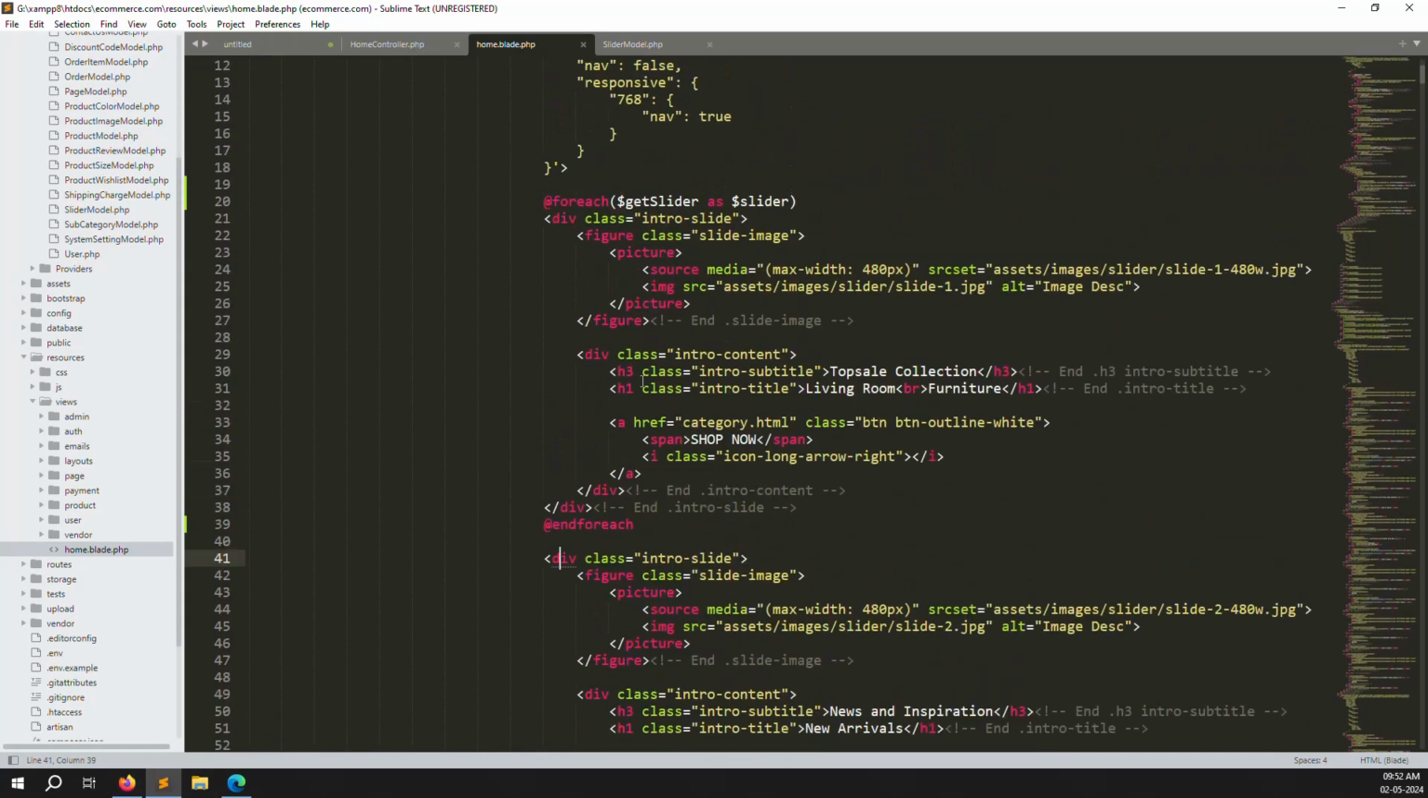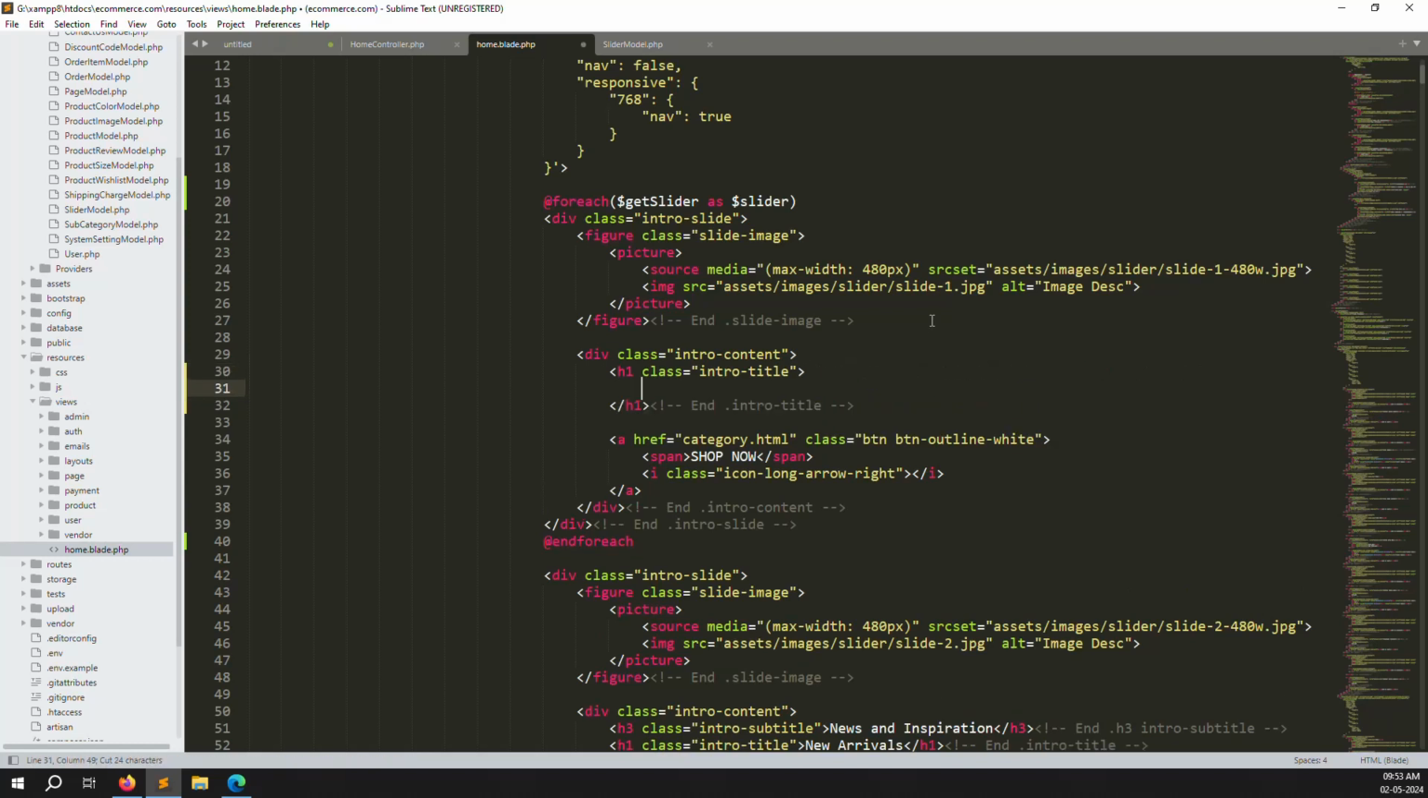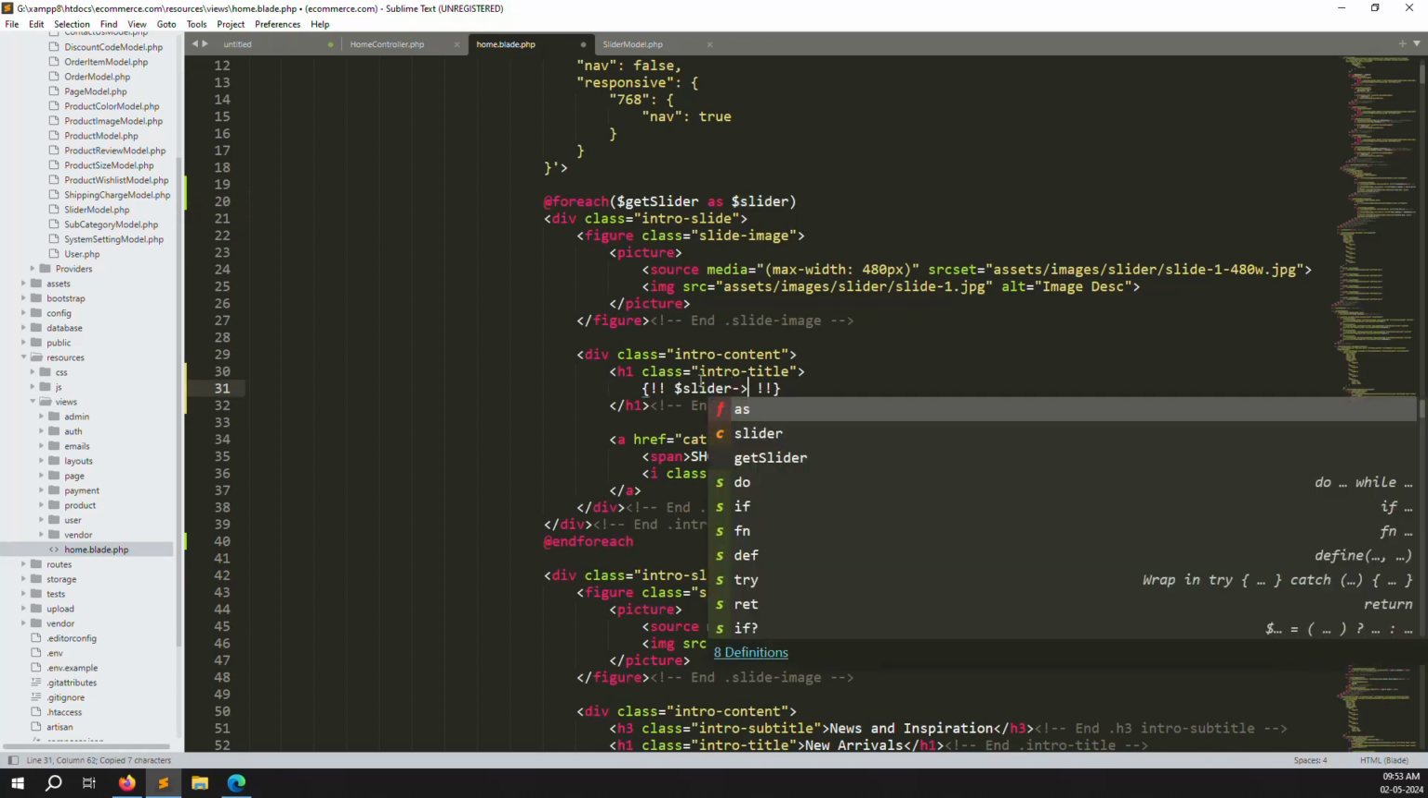Okay, so let's make a dynamic for the h1 tag. We don't need the h3 tags, so you can remove them, and here we need to make dynamic tags. Simple, you can put it, and I can also use HTML. Sometimes you want to add a BR on the admin side, so you can do it. So slider, dollar slider, and here you can put title, title,